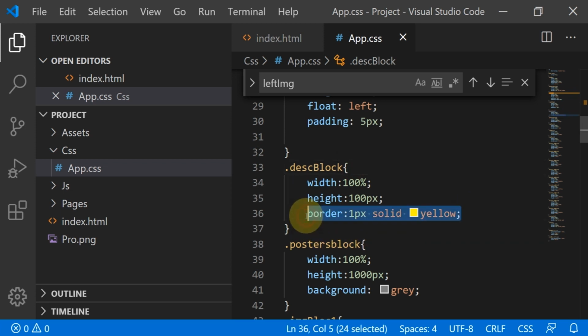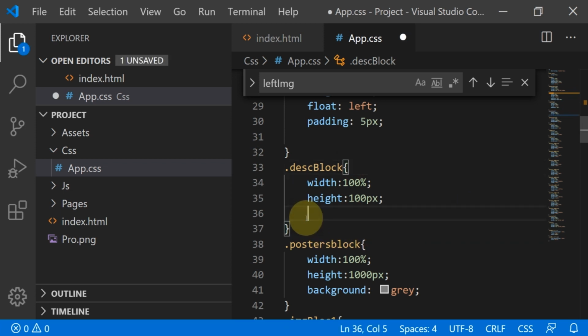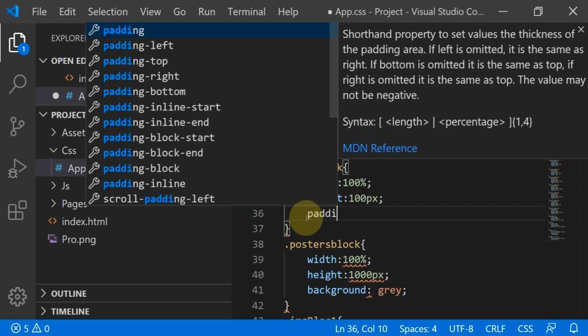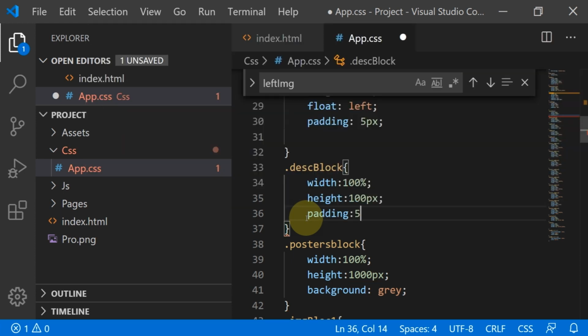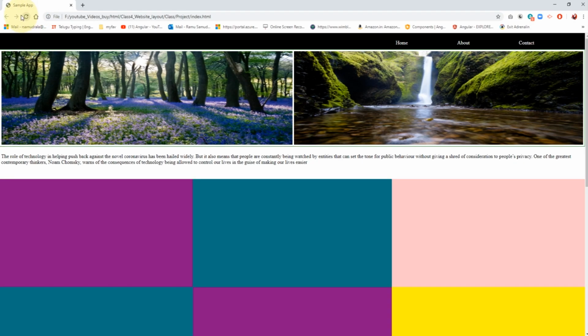So then padding 5 pixel, yes, it's fine. So guys, now the text is maintaining some space before starting, okay.